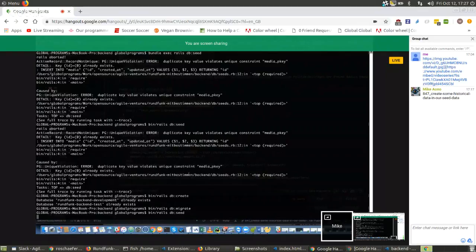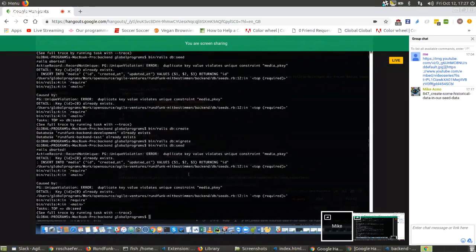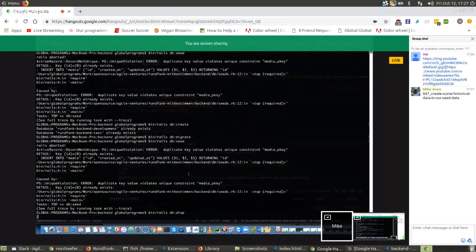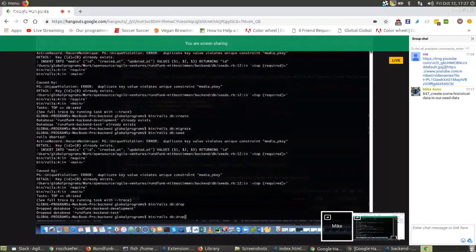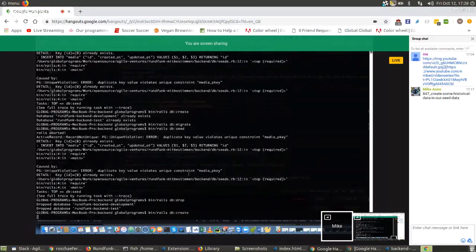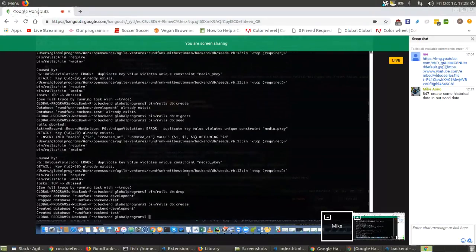But that has been failing so far. Duplicate key value. So I guess what you need to do is, before running create, you need to drop, so DB drop, and then you can create, and then instead of migrate, you can do DB schema load, but you can just do this as well.